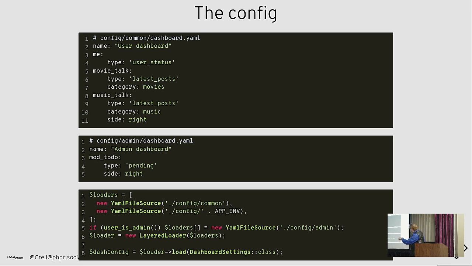And then we configure this directory and the append, and so on, and just load the dashboard settings. And we get back a read-only public property value object with our complete configuration that has all of the properties defined, typed, with default values guaranteed to be there. And if a default value is missing, you can configure the system to catch that before it gets to your code. Also, left and right handles enums just fine. Those get turned into the enum objects.